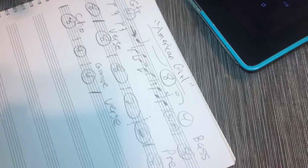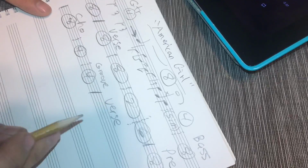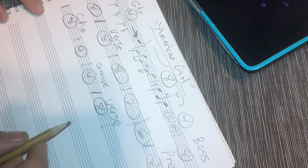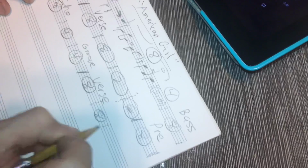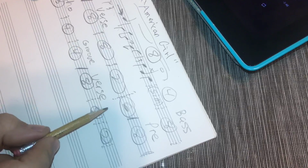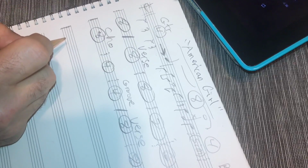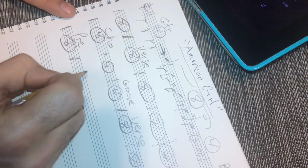Rewinding just a little bit. 4. Verse 2, 3, 4, 5, 6, 7, 8. 1, 2. Let's see if this is the same as verse 1. 6, 7, 8. 1, 2, 1. Yep, so far it's the same. 4, 5, 6. Pre-chorus. 7, 8. Okay, that's the second pre-chorus, same as the first, 8 bars. Now we're going into